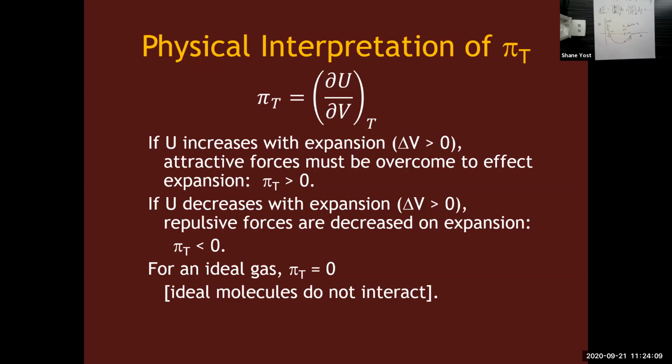And then pi sub t being 0 for an ideal gas is just for the fact that there are no intermolecular interactions. So there's no change in my potential energy with a change in volume, with a change in separation distance. They don't interact with each other. And so that's why an ideal gas only has a kinetic energy to it, only depends on that heat capacity and change in temperature, okay? But a real gas will also depend on this change in internal energy or internal pressure, and that's related to the attractive versus repulsive forces in your gas.